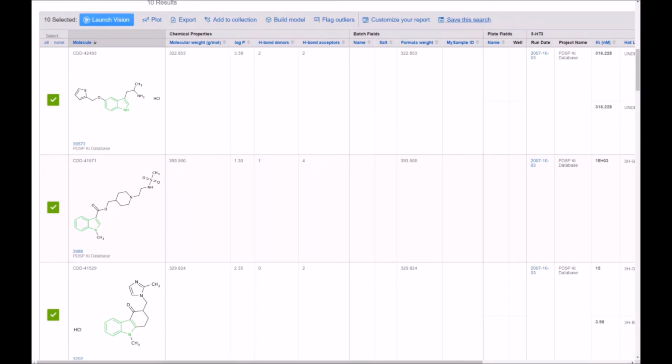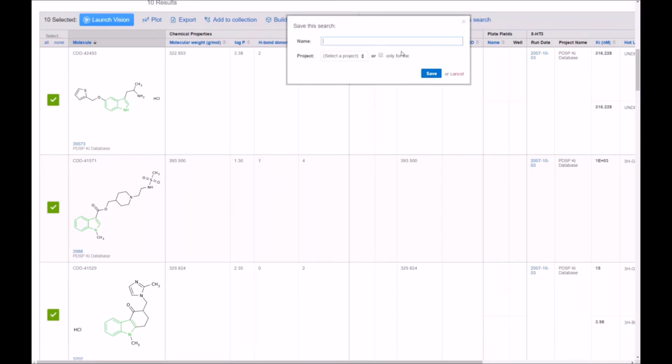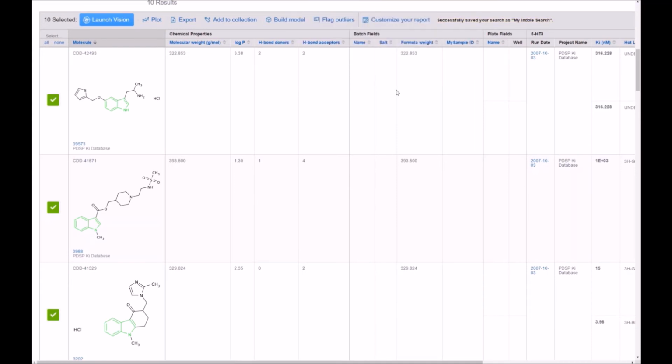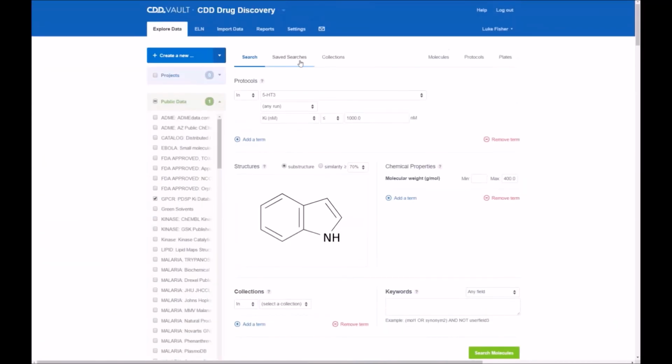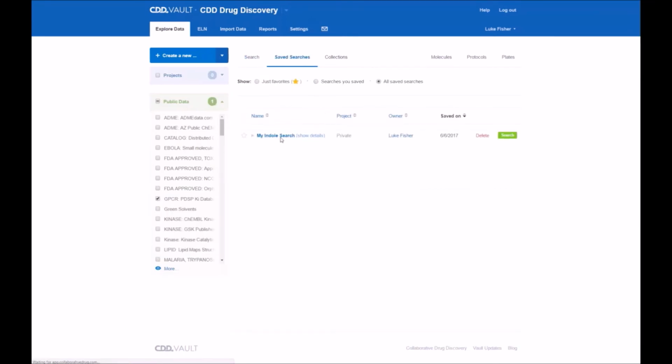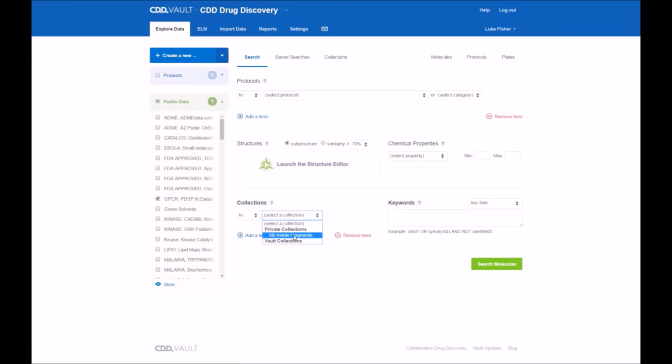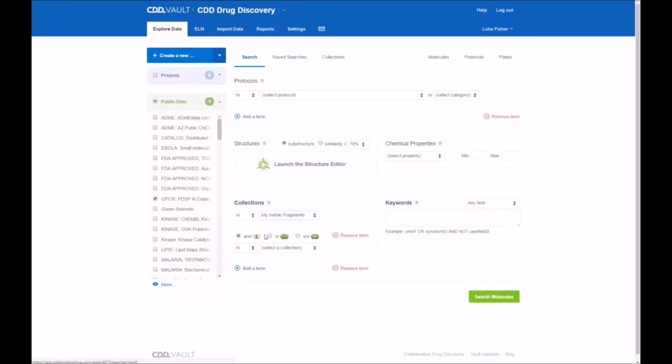I can again export it, but I can also save this search. Really important step here because it allows you to save all those criteria from above into a brand new search that you can use over and over again. Again, you can associate with a project or just only for me. Now under the Save Searches area, there's the search that I saved, as well as the collection that I saved earlier. Going back to the search pane, you can see that that collection is now searchable,